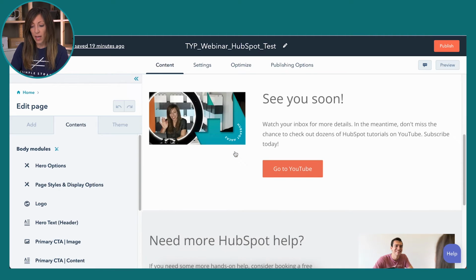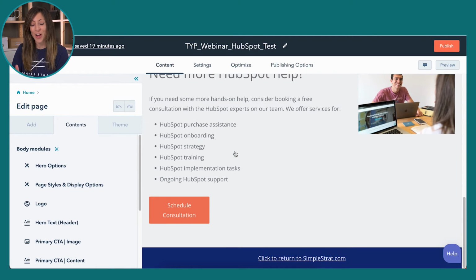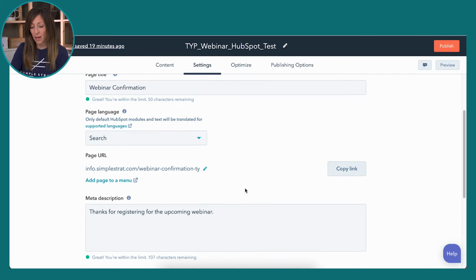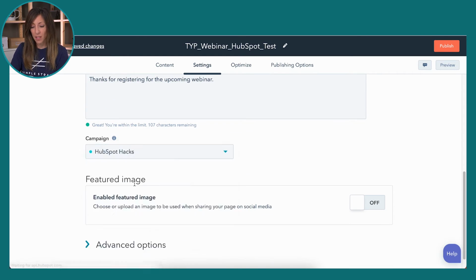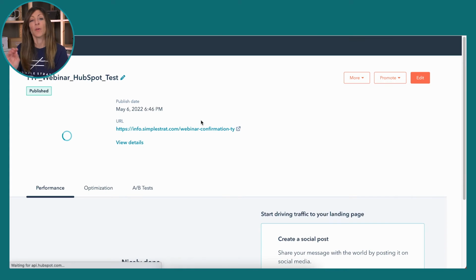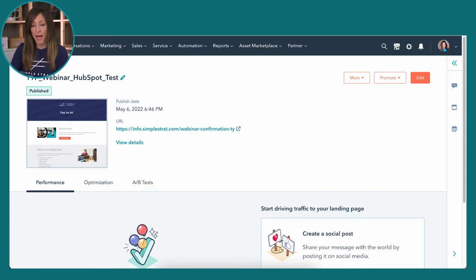And you'll see that we've already edited the content on this thank you page. Go ahead and set the settings like we did before, confirmation, meta. We're going to add the campaign here, and we're going to click on publish. Okay, now the reason why that's important is now that it's live, we're going to go back to that landing page